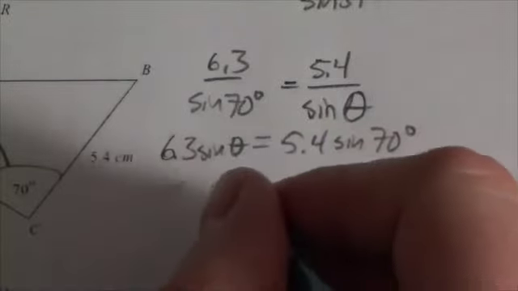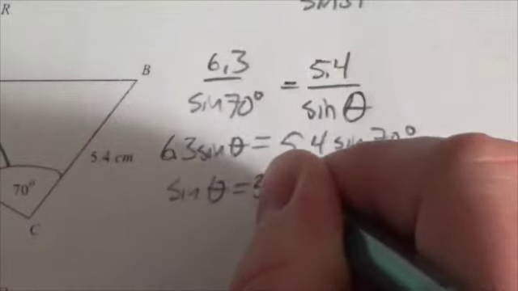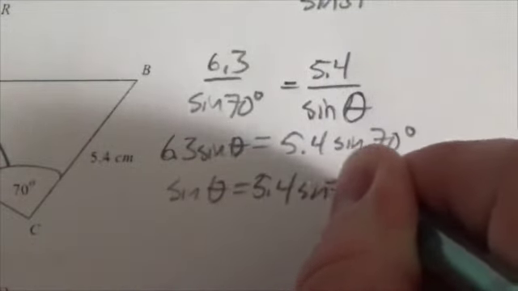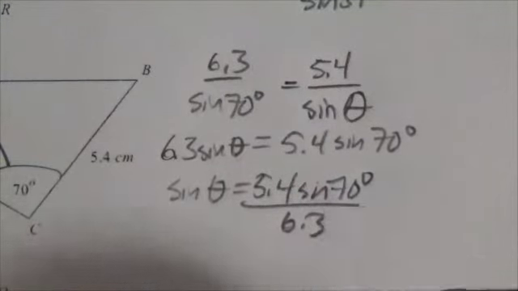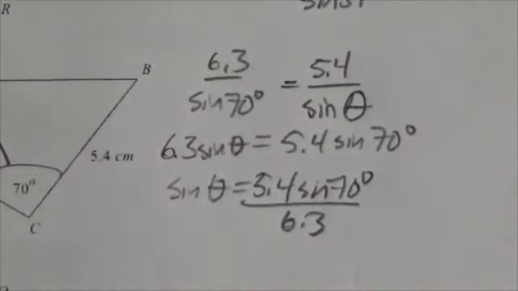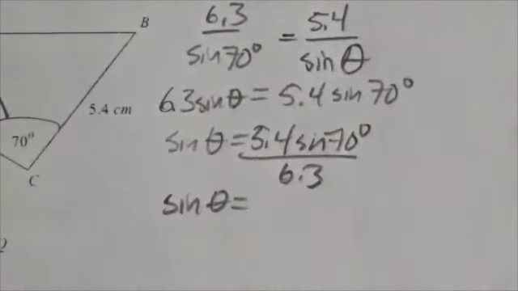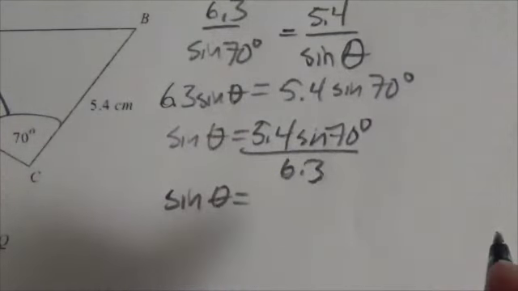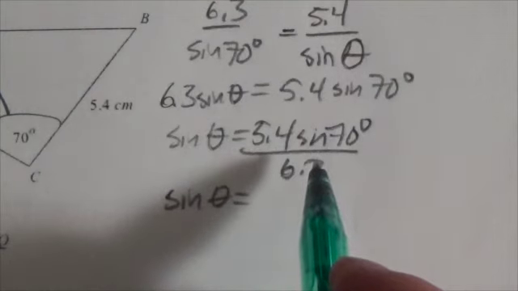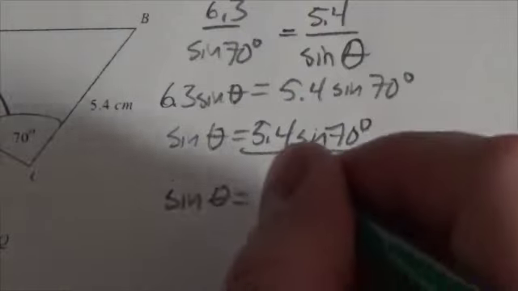And now what I would do here is divide by the 6.3 so that the sine of theta is equal to 5.4 times the sine of 70 degrees all over 6.3. And this puts us in kind of an interesting position here, because what we're going to get here is the sine of theta is equal to, now we got to go to my calculator to do that. I don't know what that is off the top of my head, so 5.4 times the sine of 70. And then we're going to divide that by 6.3. Now we get